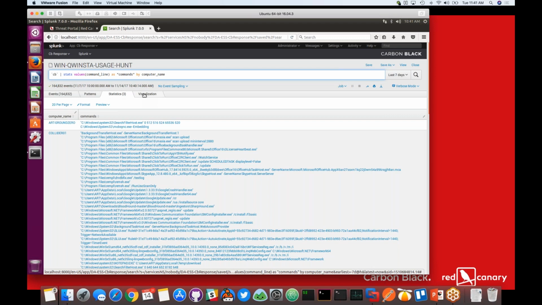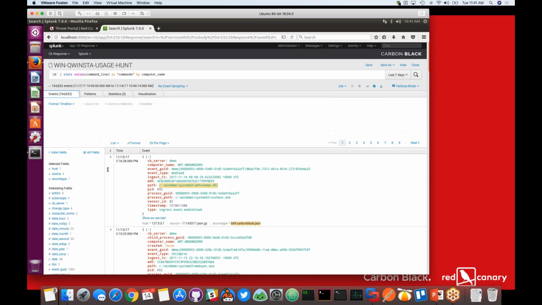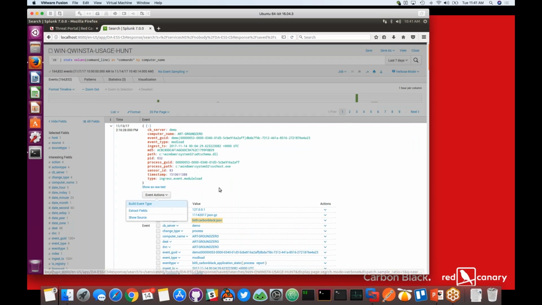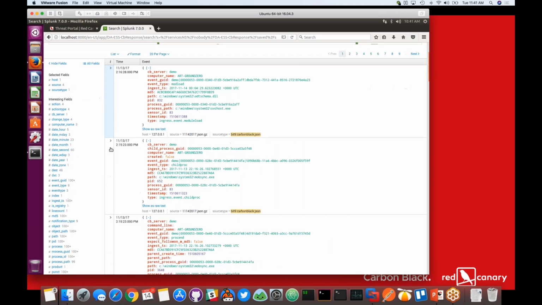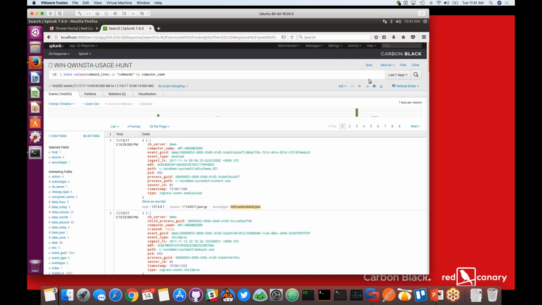Now, one of the things we also added to this was with Splunk, you get the adaptive response framework, and you have the ability to automate some basic alerting or some basic Carbon Black Live Response functions straight from Splunk. And so you can come in here and look at a specific event, being that's a mod load, it's not going to be the best example here. But you do have the ability, and it comes with the app, to set up your alerts to actually perform actions on an endpoint.